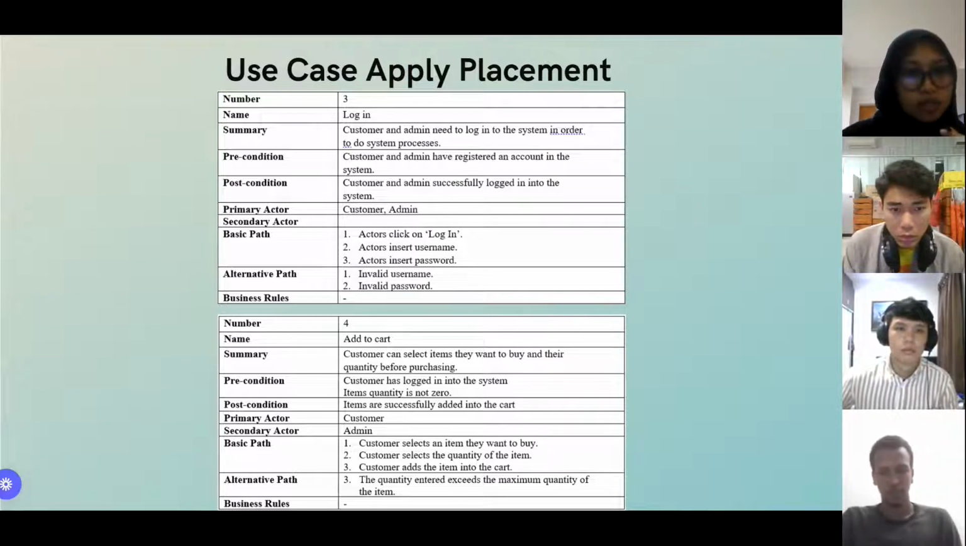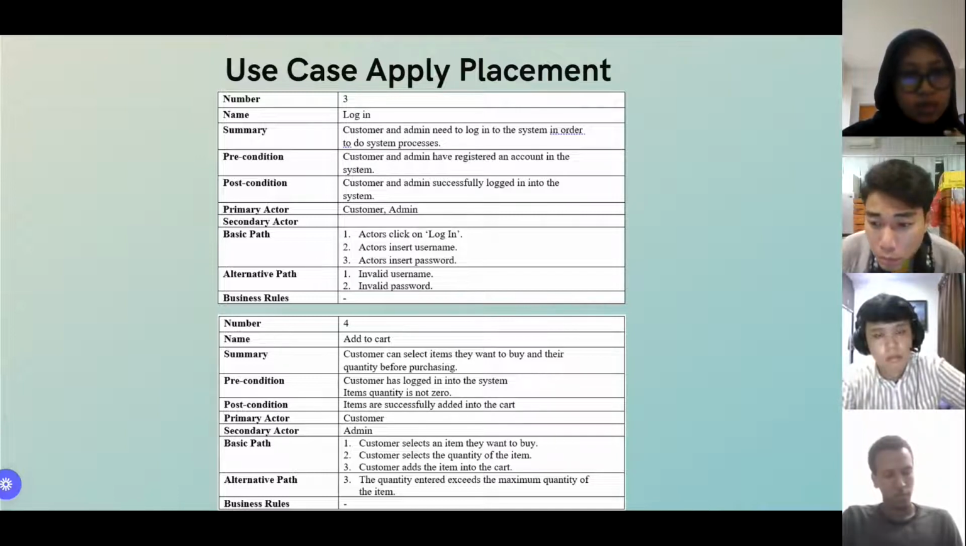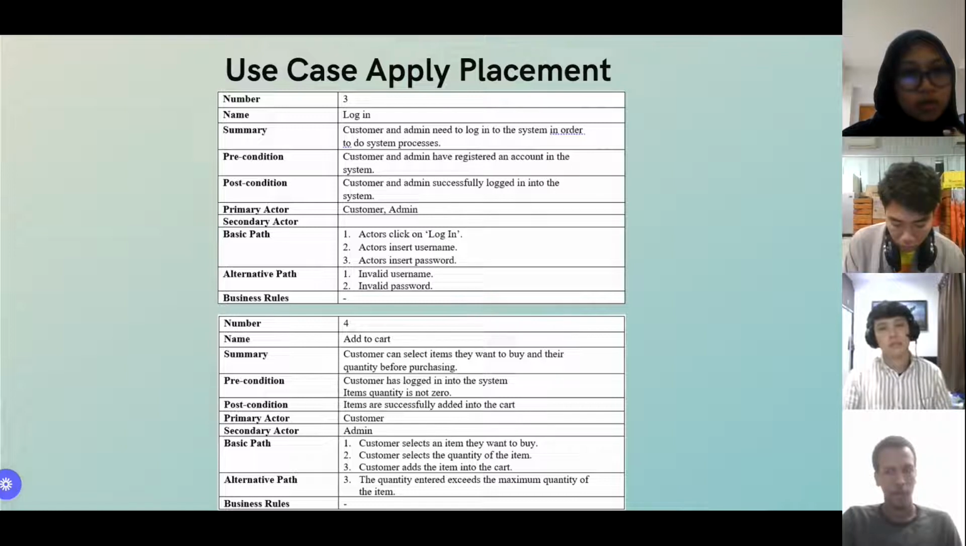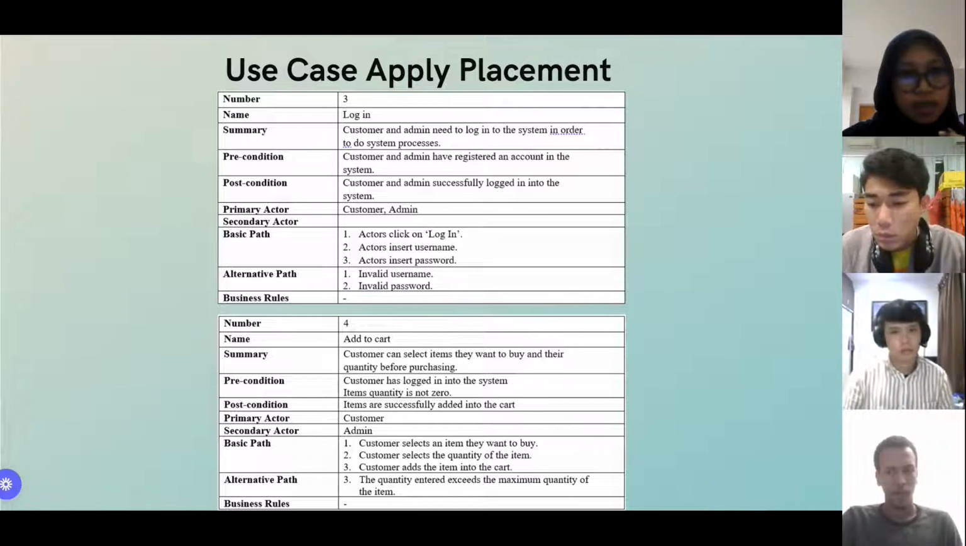The flow of login event are users click on the login button, then insert the username and password. Next, users successfully log in into the system. The alternative flows are invalid username and password. And number 4, add to cart event, which allows customer to select items they want to buy and their quantity